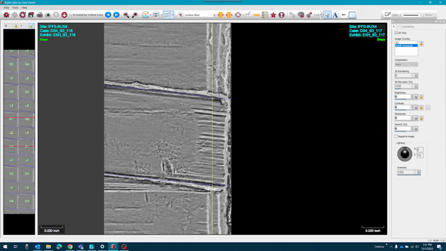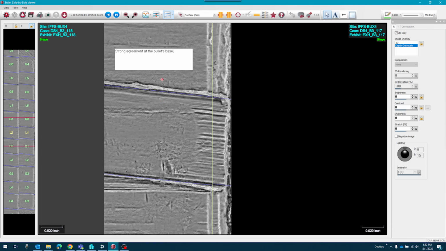That's because when I go into hit markup mode, if I'm going to add text, I tend to like to place the text in the groove impression just above the Lee to Lee comparison that I'm about to comment on. And that just means that the text itself is not going to be covering anything in the area where I'm actually making a comparison. So here I could put down some comments such as strong agreement at the base of the bullet, to the bullet's base,